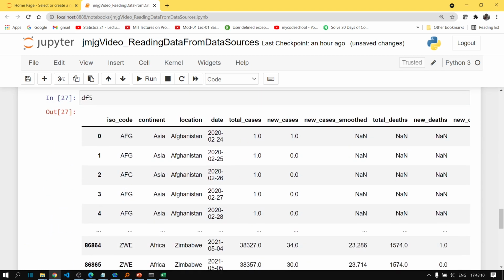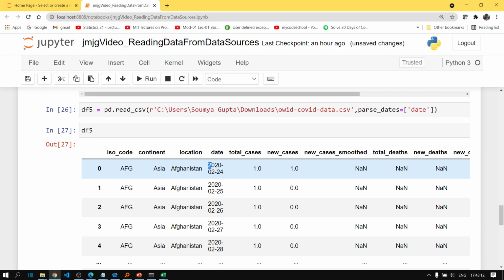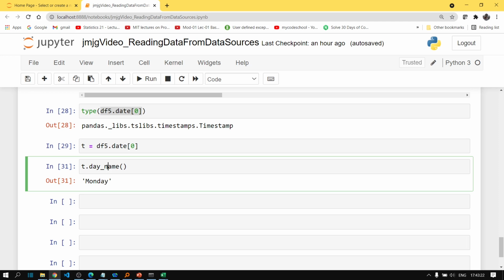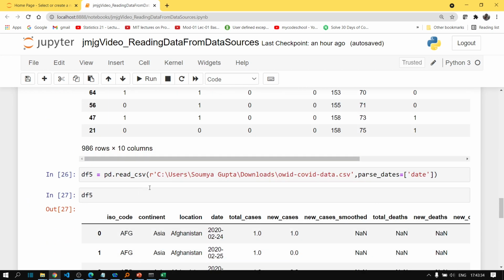So this date, 24th February 2020, was a Monday. So if you convert your column to a timestamp column, you can use all these functions which the string data type doesn't provide you.